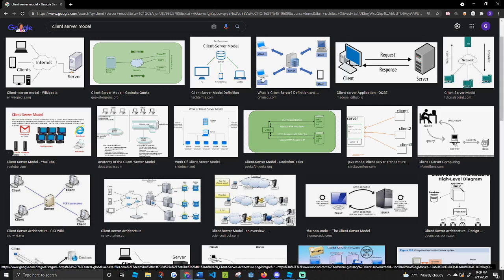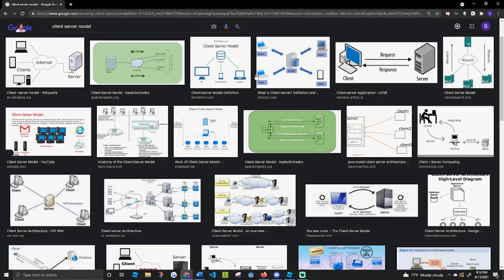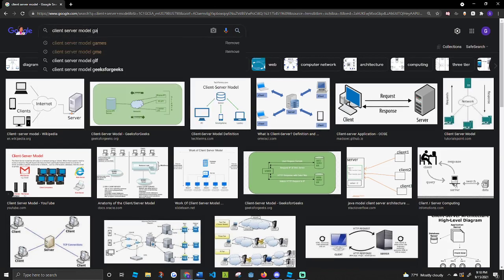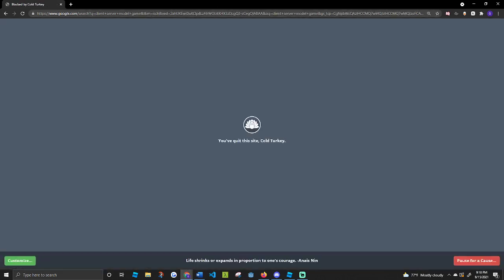The client also likes to request information from the server, so that's why we see this arrow going to the server, making a request, and then the arrow goes back. So they communicate with each other. But notice there's no arrows going between clients with any of these pictures. Okay, and that's because